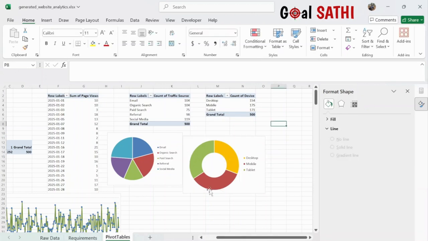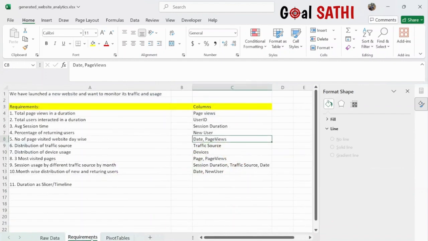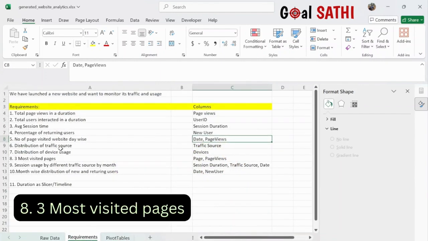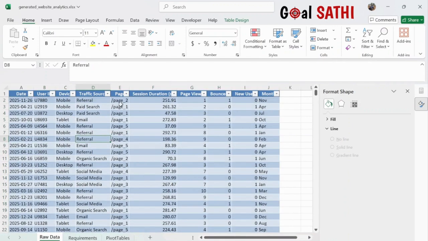So we have built this chart as well. Next, we'll again go to our requirement panel, and we will see that we need to find the three most visited pages, right? Pages and page views columns will be used. So we need this page column and page views. Basically we want to sum page views based on the page value, right? So I will select Control A